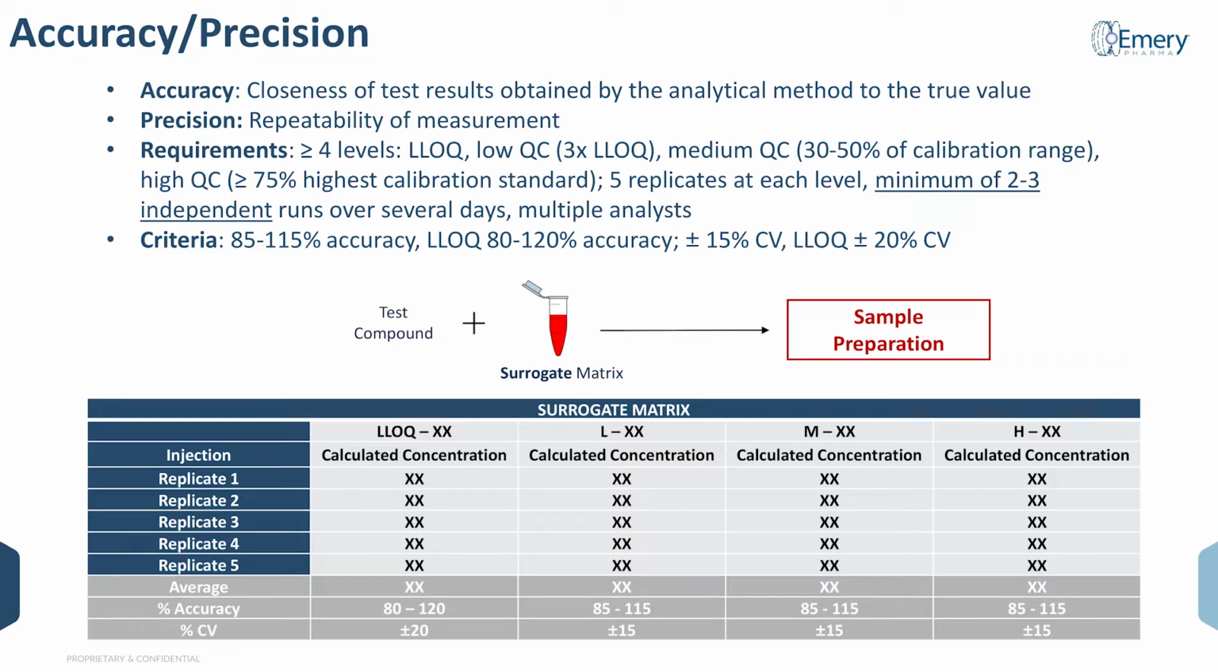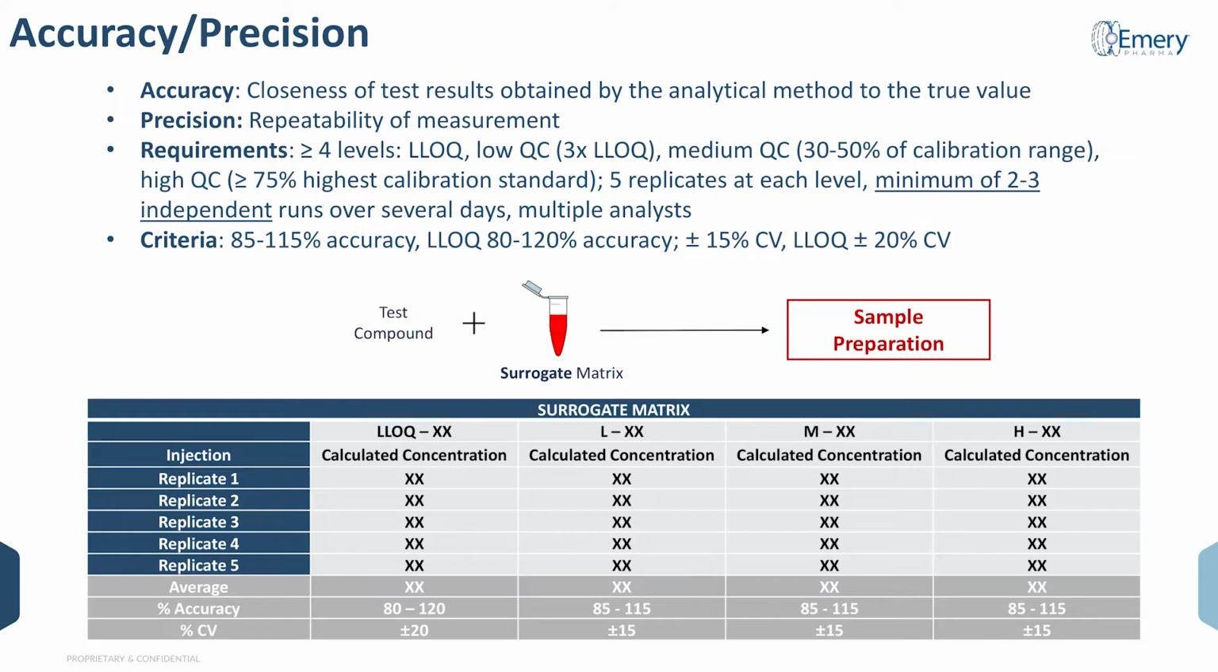So the requirements for this are very similar to that of the standards, where you have to run at least 4 different levels of these accuracy and precision standards: an LLOQ, a low QC, which is defined as 3 times whatever the LLOQ is, a medium QC, which is 30 to 50% of that calibration range that we talked about, and then finally a high QC, which is greater than 75% of the highest standard. The reason you want to have these QCs covering this range is so you have accurate representation across the entire calibration curve. The key here is that you must run 5 replicates at each level per the ICH M10 guideline,